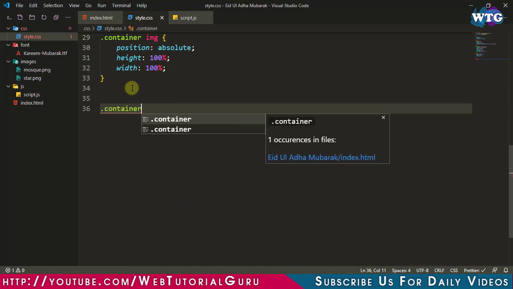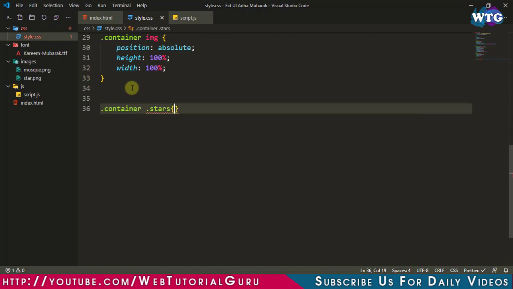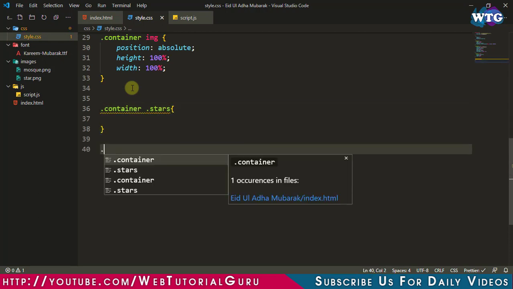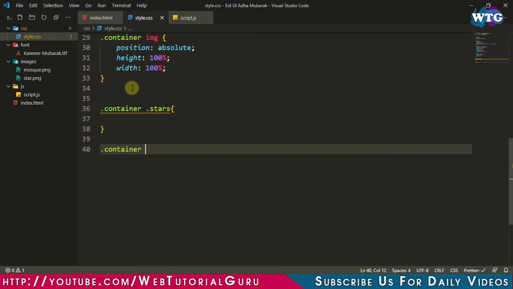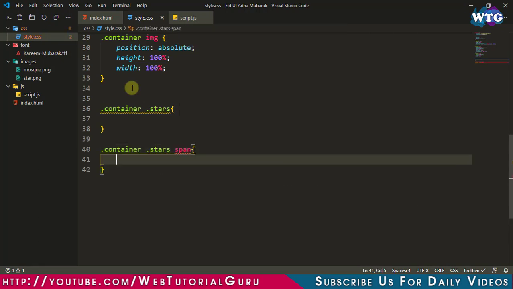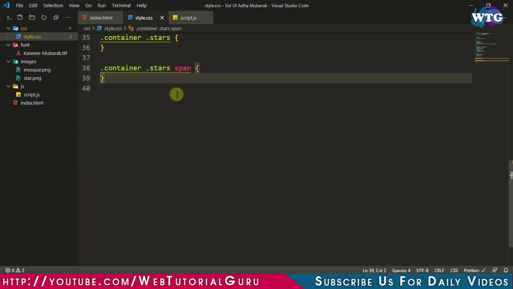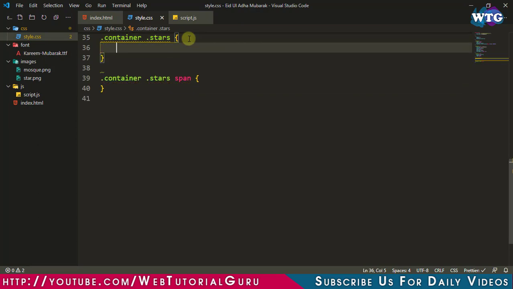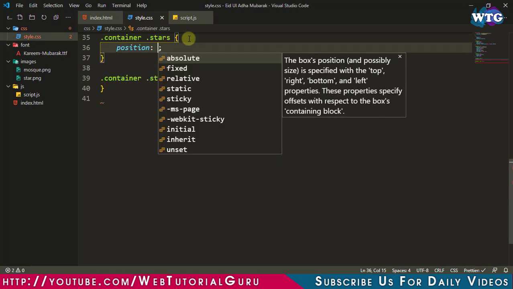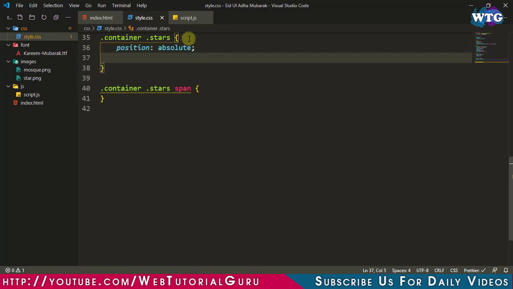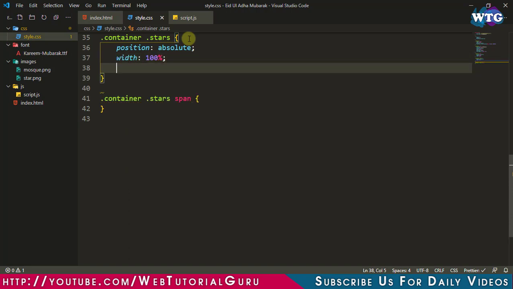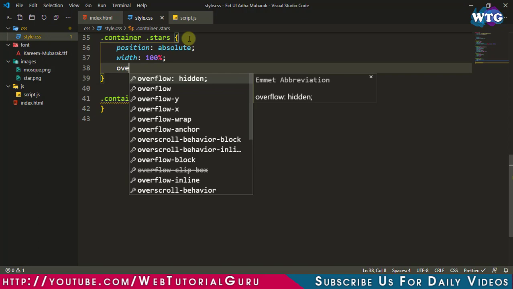Dot container dot stars. Now let's create another selector for the span inside the stars. Now let's assign the position absolute, width 100% and overflow hidden.